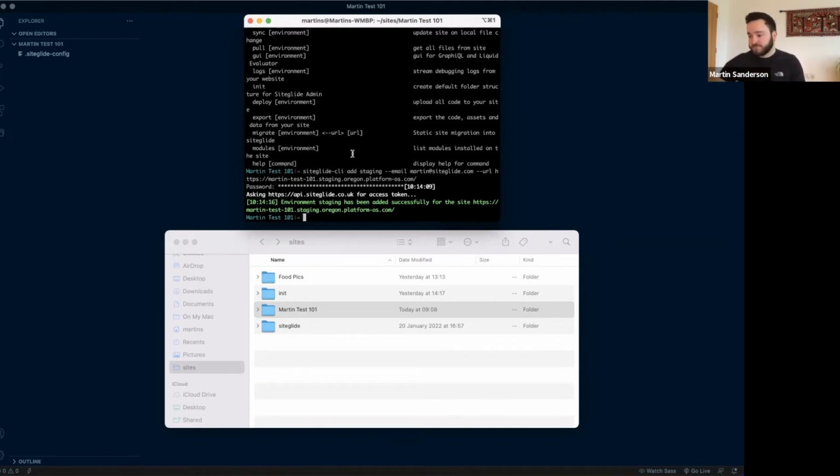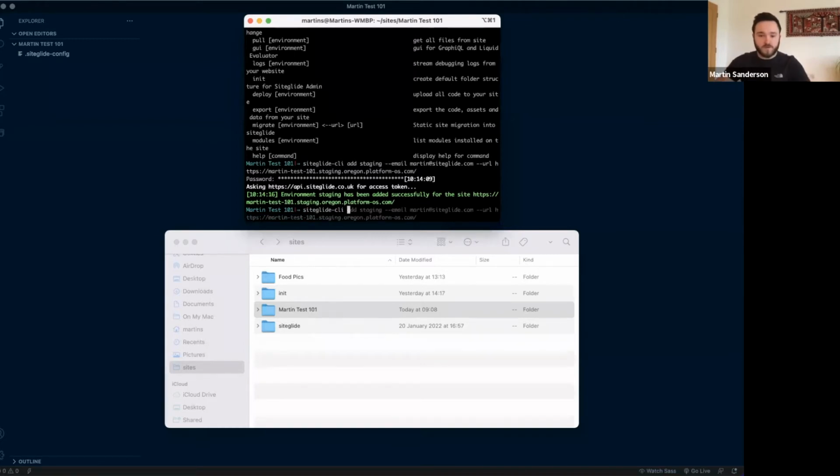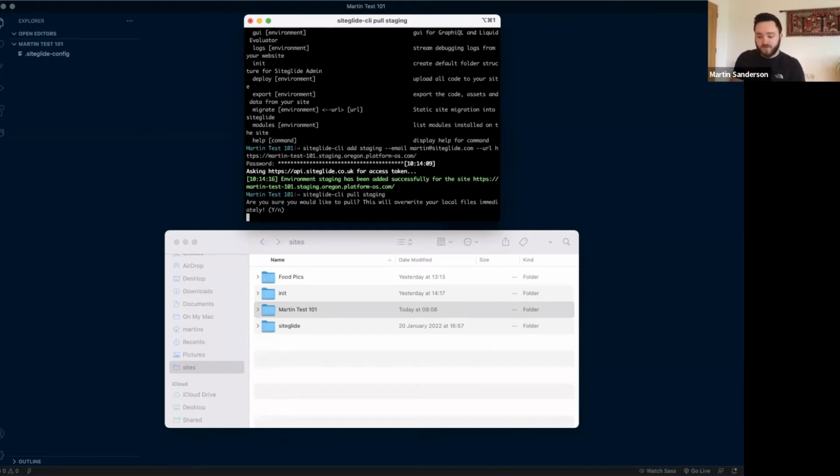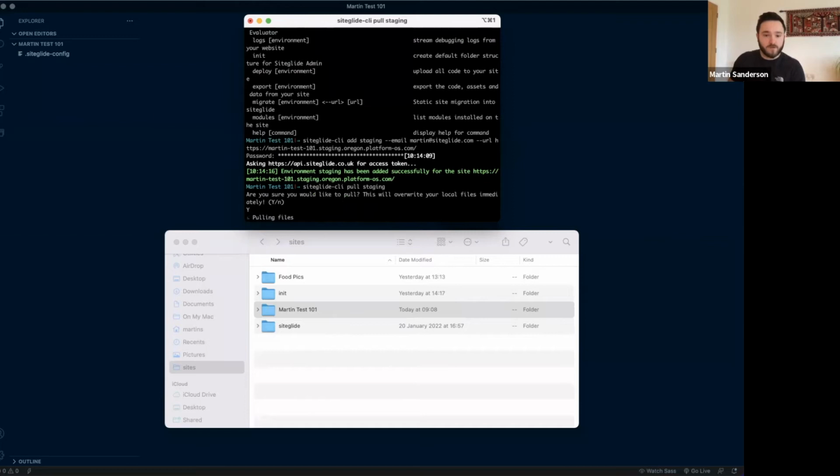So the first thing that you'll probably want now to do is, unless you're working on a fresh site, in which case I'll come on to how you can use an initialize command instead, you'll want to pull down the information that's on your site already. So we would use site-wide CLI and then pull, and then you'll notice, so up here, I called my instance staging. So now down here, I'm just going to tell it to keep referencing that site. So now I'll just say staging, whoops. There we go. And it'll ask me if I'm sure, and I go capital Y to confirm,